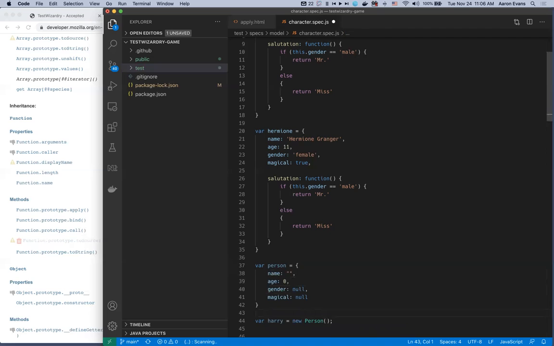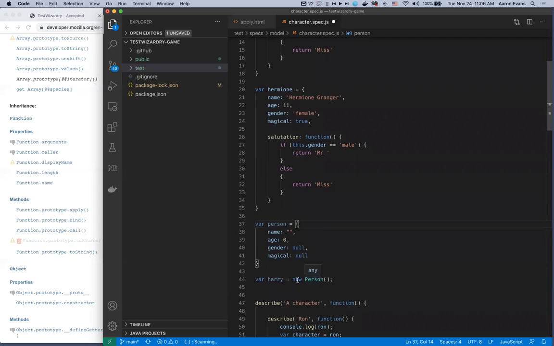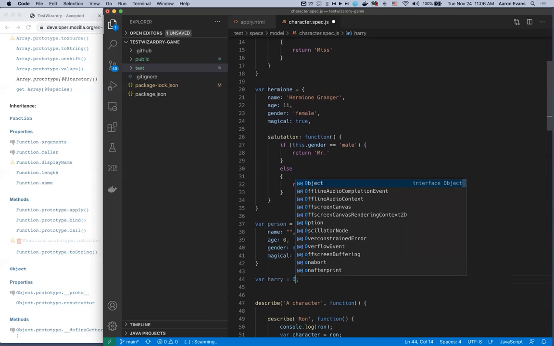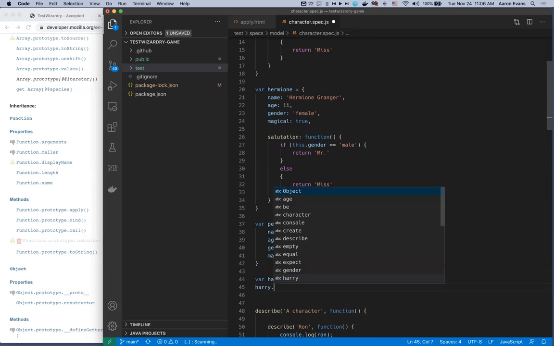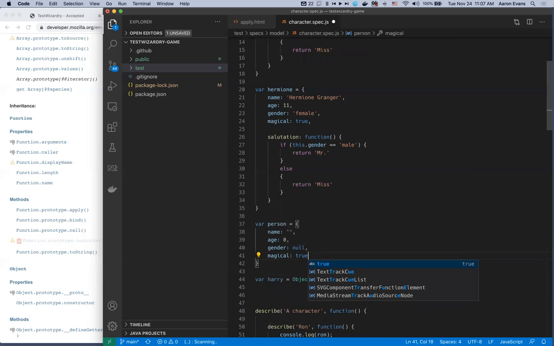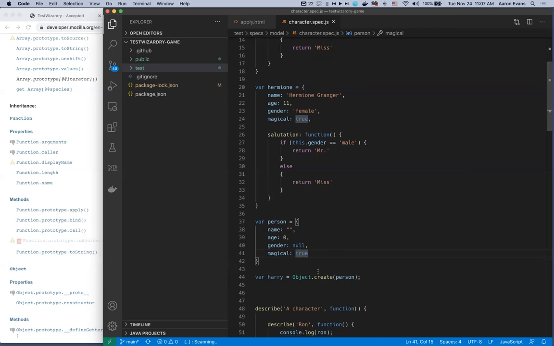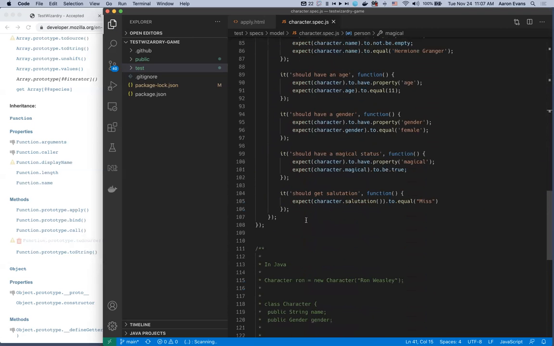And now another thing I wanted to point out when I do this is, rather than new person, I can do Object.create person. And now I think my editor is going to know that Harry has age and whatnot, so I can set all these things. If I had some default values in here, I might have magical be true by default. And then if I create a series of tests for Harry,